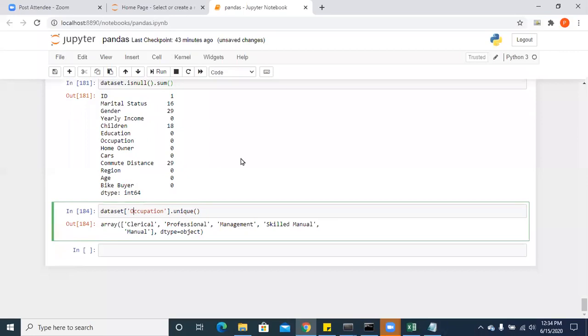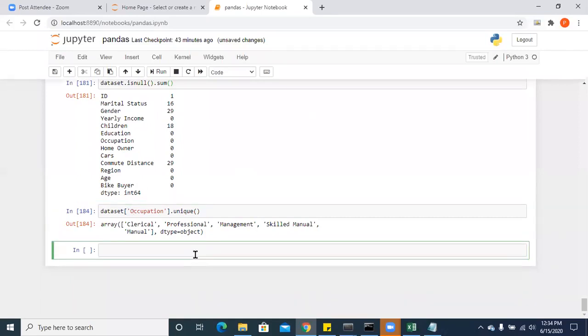And a task for you now. Just 15 minutes time I'll give you. Create a data frame which contains 10 rows and 10 columns.